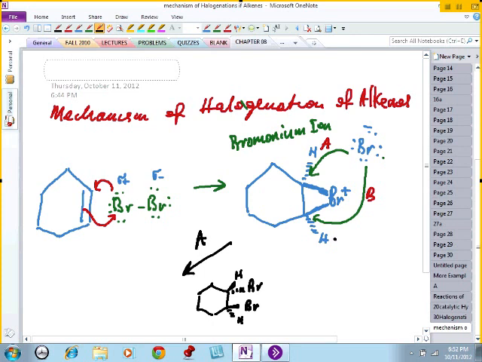Supposing now we have the attack from B. Attack from B, what do we get? Okay, it's coming from the back, so it pushes the hydrogen up, and the bromine is here. And therefore, keep in mind once it attacks, this will open up to here, and when this attacks, this will also open up to here. Okay, so we have